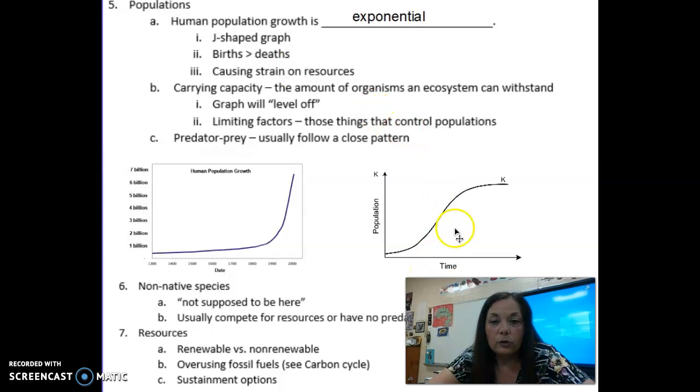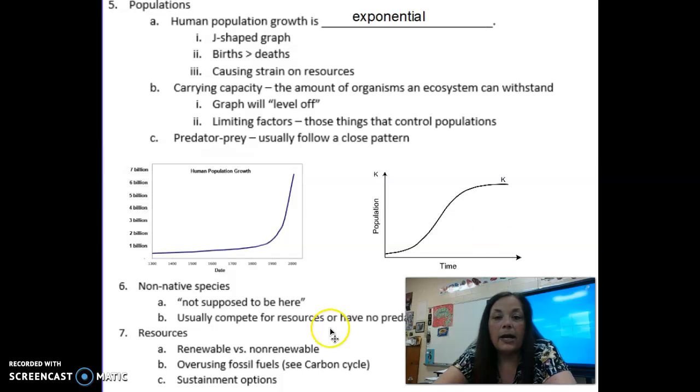So, once you have too many organisms in there, a graph is going to reach what we call carrying capacity. That just means the amount of organisms an ecosystem can naturally hold. Okay, so you're going to see the graph leveling off like it is in this one. K stands for carrying capacity. All right, so what it might get you to do is read the graph. Like how many organisms can this particular ecosystem hold? So what stops a population from growing exponentially is limiting factors, right? Is there enough food? Is there enough water? Is there enough shelter? Is there enough space for these particular things?